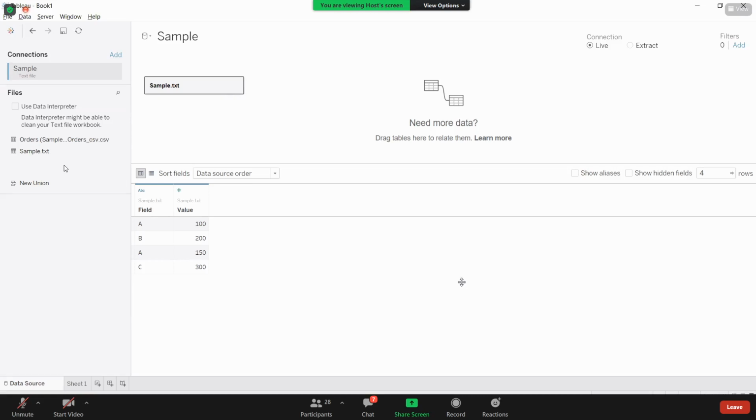But see, one difference I want to tell you here is, here we connected to a flat file. That is why you are getting this like this. If you are connected to any server, the difference is, we will show in the future how it comes when connecting to a server. When you are connected to any server, here you will get all your schemas.